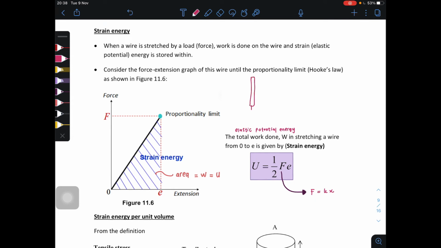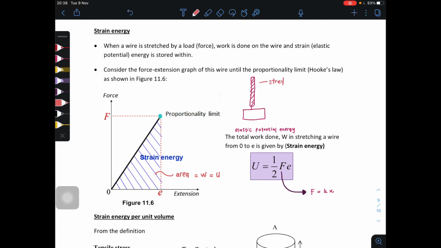So this is a wire connected with an object with mass, let's say 2 kg. So this object has a mass, meaning that this wire is being pulled downward by a force, where the force is known as weight force. So apabila wire ni ditarik ke bawah, this wire will